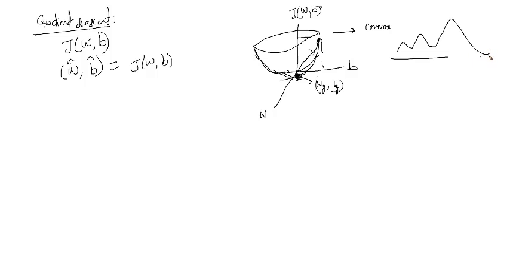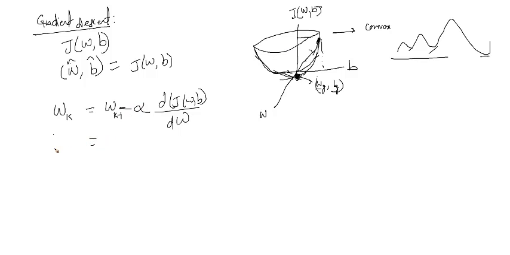So the global minima is somewhere here, but you might get stuck here or here. We may not be able to reach it when it's not a convex function. So our goal is, at every point in w, let's say at a point k minus 1, we are computing the derivative dw. This derivative gives the direction in which we have to move,